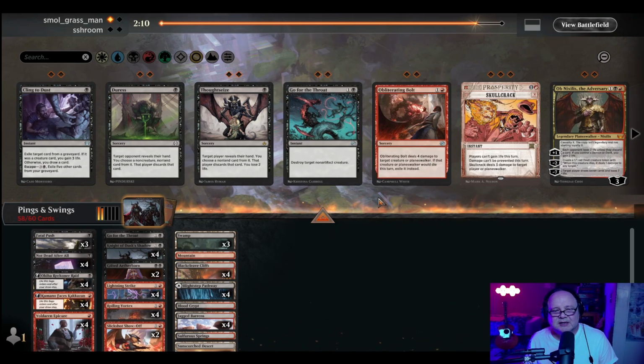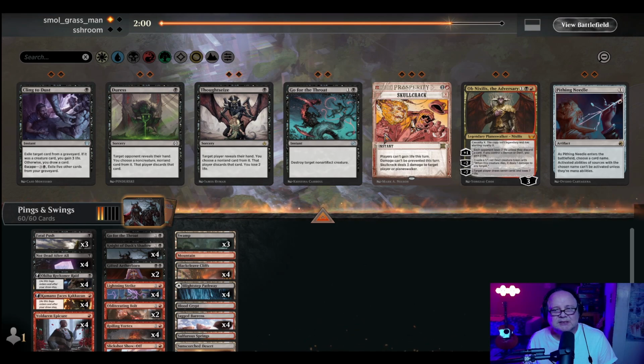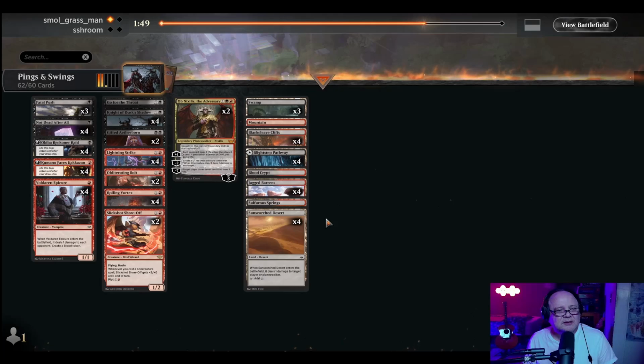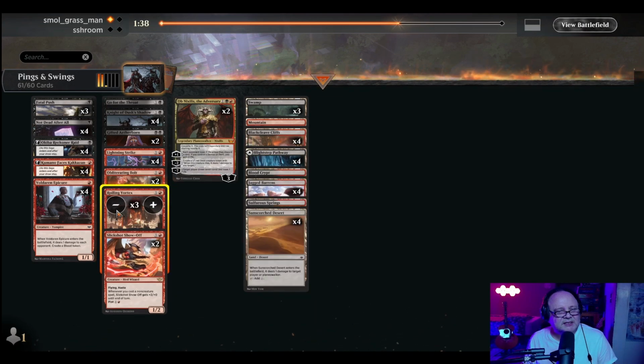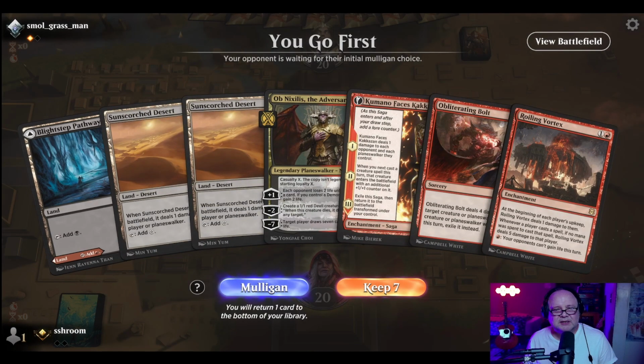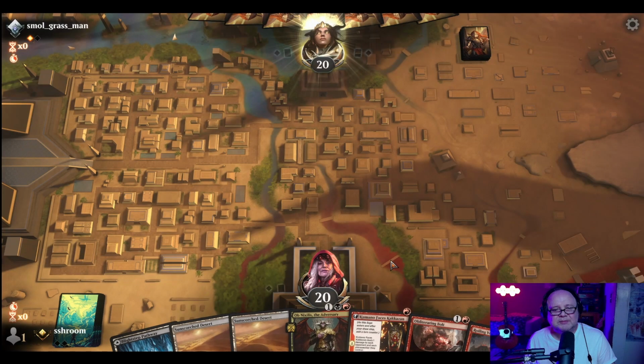I was thinking about adding maybe a Meathook Massacre for X equals 1 or Witch's Vengeance. I don't know. I think we want Obliterating Bolt to deal with NX. Maybe Obnixilis? Let's actually cut a couple of Roiling Vortex, because they're a little aggro. It could be an Embercleave deck. Okay, we'll keep...